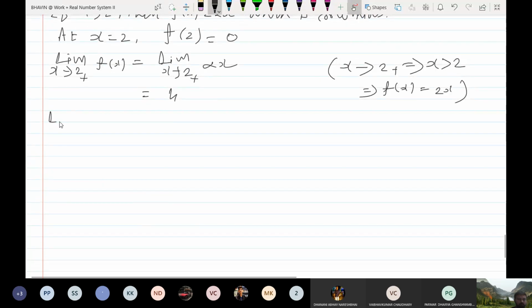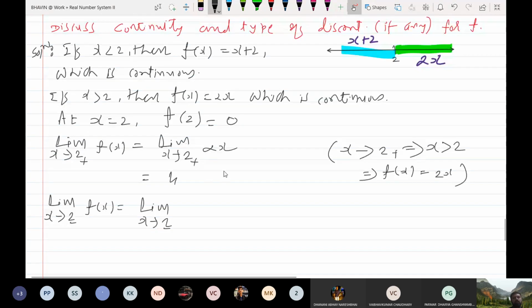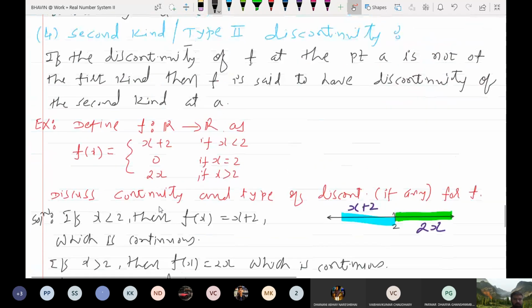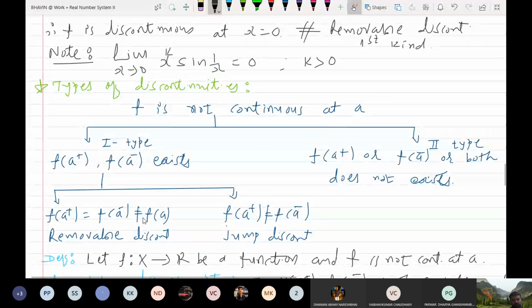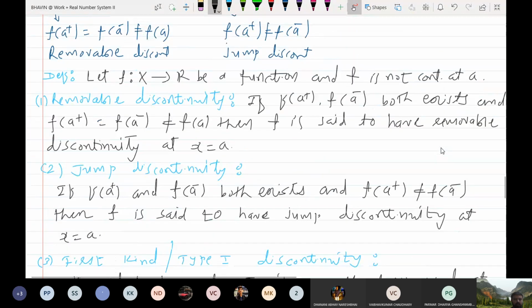Okay. Now limit x tends to 2 minus f(x). देखिए यहाँ पे एक चीज तो तय है कि you can definitely say that f is discontinuous at 2, क्योंकि f of 2 is not equal to f of 2 plus. ठीक है. तो अभी हमें ये चेक करना है कि ये कौन से टाइप की डिसकंटिन्यूटी है। ये दोनों सेम नहीं है, तो इर्रिमूवेबल वाला केस निकल गया। तो यहाँ पे क्या बचा, जंप और सेकंड काइंड, दो पॉसिबिलिटी है।